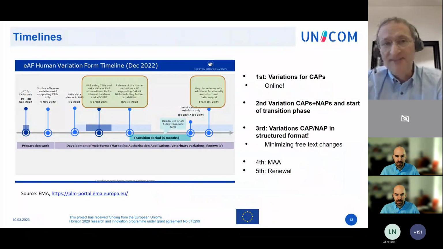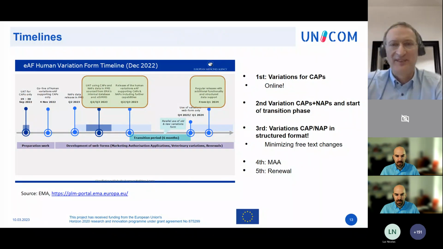For information timelines, when will it be available on your table? First, we are already live with the new application forms in the first release. And this first release contained the variation forms for centralized authorized products. So this is online since last year. It's working fine. We're having weekly Monday meetings where we talk about the usage, and I think you call it Kinderkrankheit maybe. But in principle, there are no showstoppers, and applicants for centralized products are already using this new opportunity.